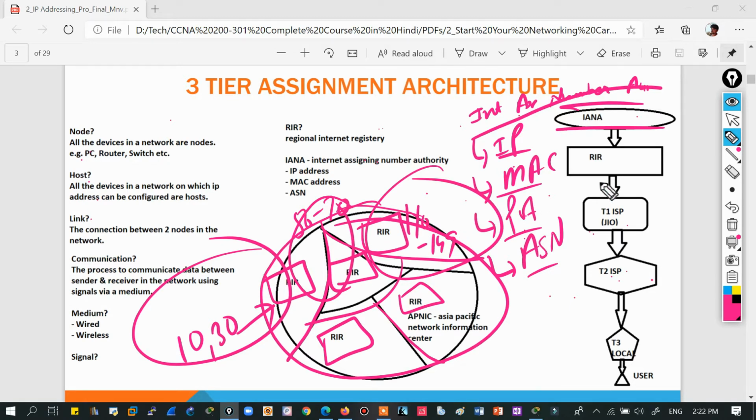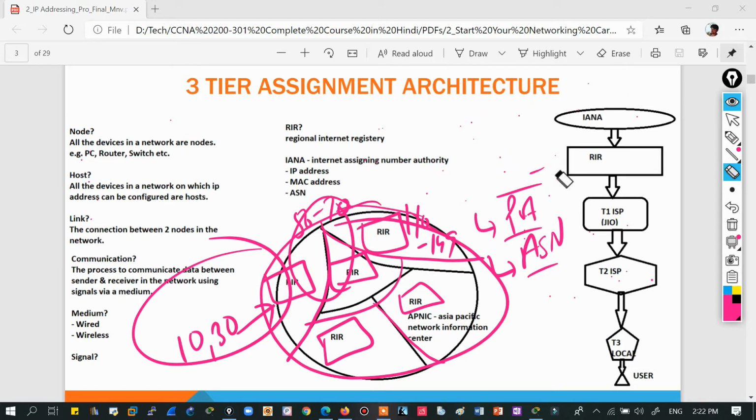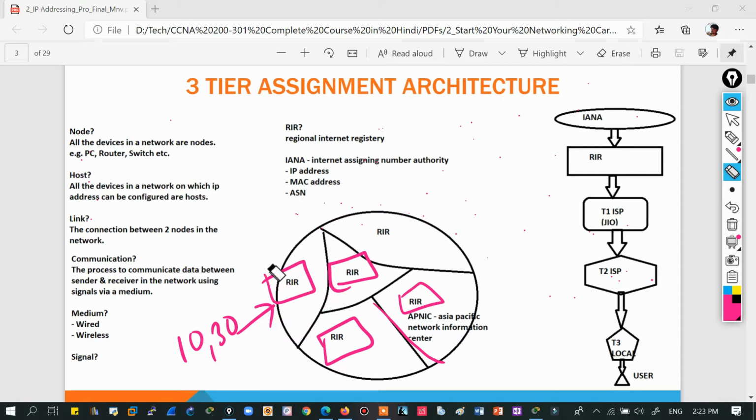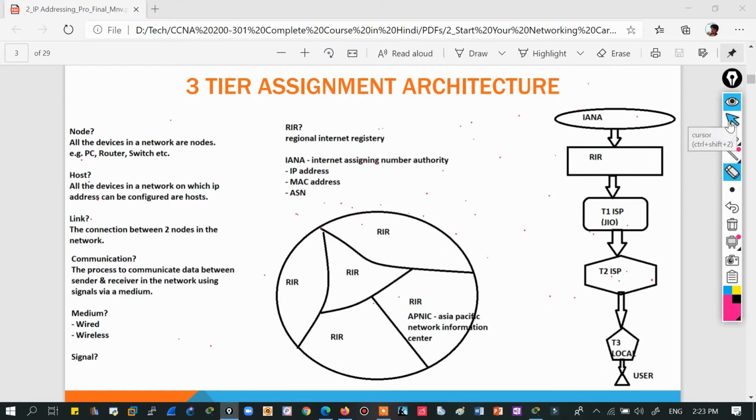Now if our service provider like Jio needs IP addresses, where will they get them from? They will get their IP from an RIR. There comes the concept of tier 1, tier 2, and tier 3 service providers. From IANA, IP ranges are distributed to the RIRs. From the RIRs, IPs are given to tier 1 ISPs. Tier 1 ISPs are the companies which have their own undersea fiber cabling, meaning they are contributing to the internet. These get the primary IP addresses.